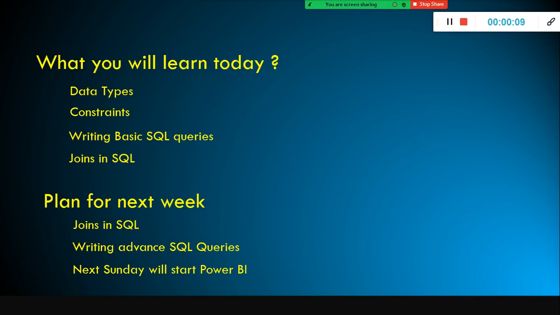In yesterday's session, we looked at how to install both SQL Server and SQL Server Management Studio. And also, we created databases, tables, and inserted data into tables using SQL Server Management Studio. And also we have seen how to write TSQL to create the tables, databases and insert the data into tables.